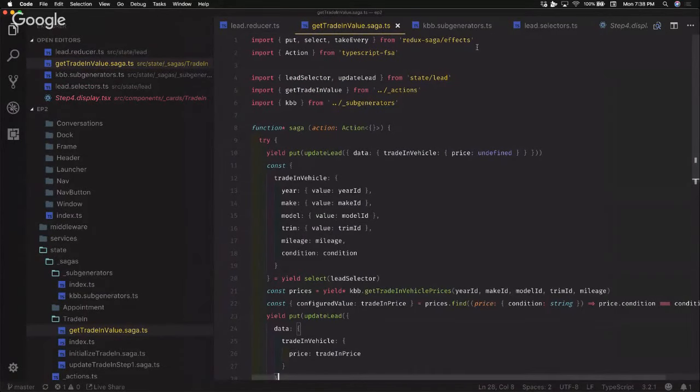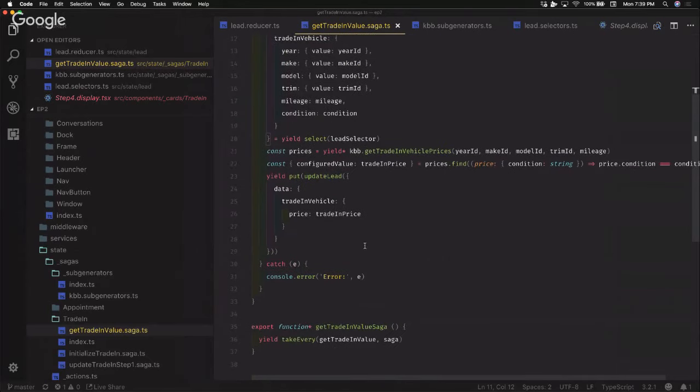So effectively what Redux Saga does is it gives you a series of effects that let you conduct asynchronous actions. Each effect lives inside of a generator function, and each effect is yielded to, which is the mechanism that lets those asynchronous effects run as a synchronous sequence. And so when you create a new saga, you're effectively creating a new thread. So this takeEvery function is effectively saying that I want you to take every action of this trade-in value type, and I want you to handle that action with this saga, right?